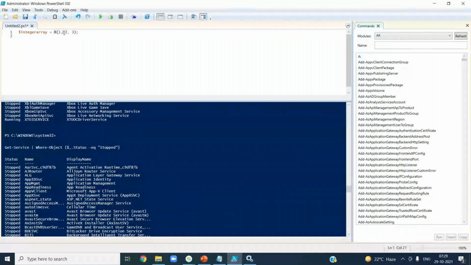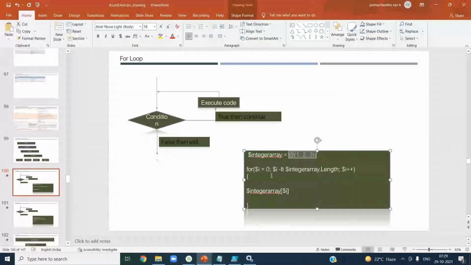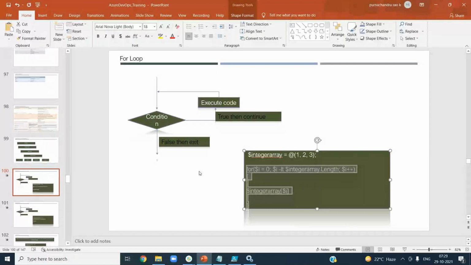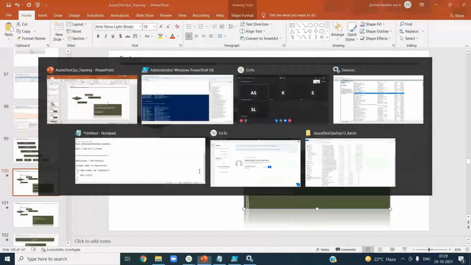Now I want to loop through all this data. In real time, this data might be coming from some command output, the way you see in get process, or it could be some other place or some query. It could be anything, but I'm showing it like this for demo purposes. Now, how do I write a for loop? It's very simple. This is what you see in other programming languages as well. There is no difference. There you will see for and open brace and close brace, like in Java or .NET. Similarly, you will have the same thing here.